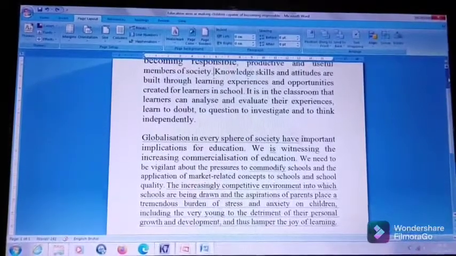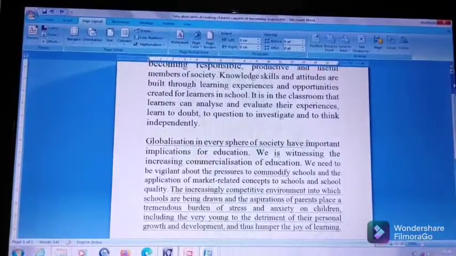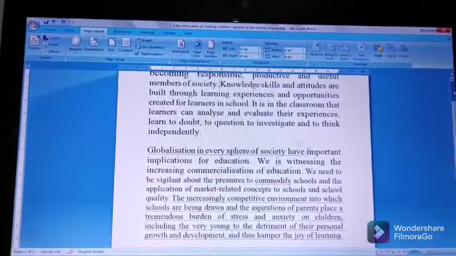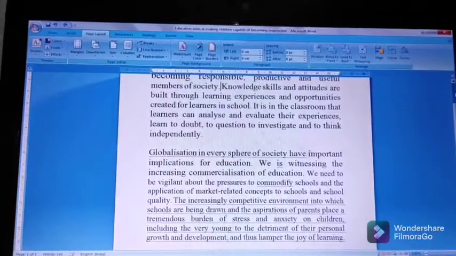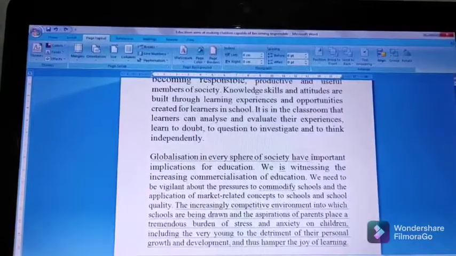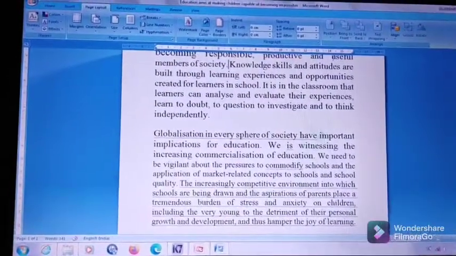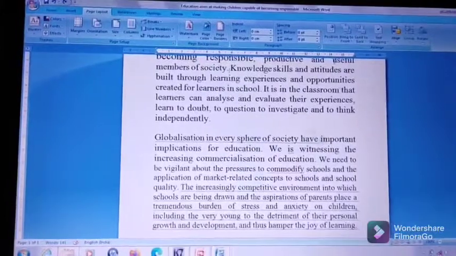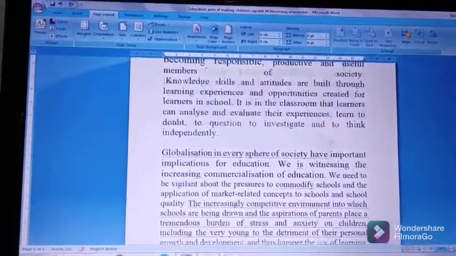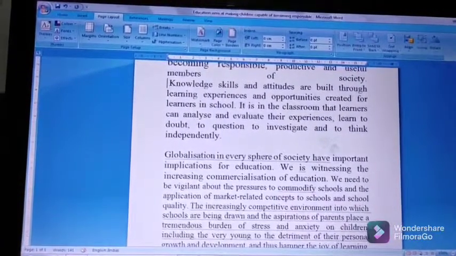Now the next is line break. The line break ends your current line and lets you continue the text on another line. And generally we press the Enter key on the keyboard in order to start writing from the next paragraph. Now the steps are: click anywhere in the paragraph where you want the line break. The insertion point will appear. Press Shift plus Enter. Now Word will end the current line and continue the text from the next line.